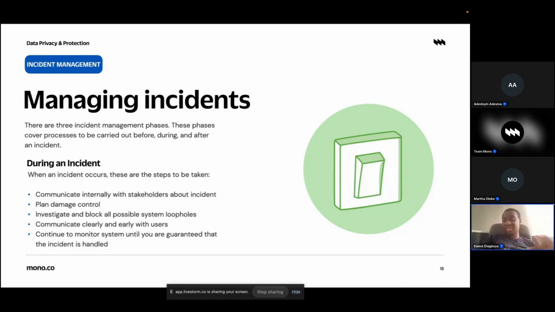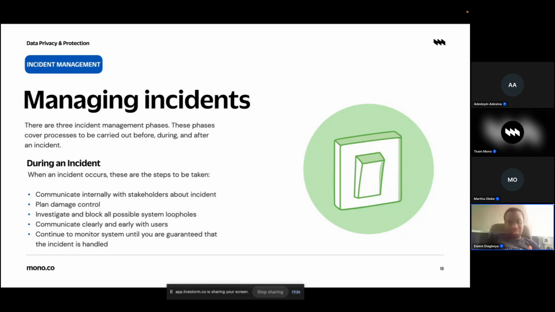So that could be one of the damage controls you could do almost immediately, to ensure that at the point in time the incident is occurring, you are being proactive, or should I say reactive? Because it has already happened. It's no longer being proactive. You are being reactive to ensure that it doesn't cause more damage. So what that can do is reduce the impact of that incident.